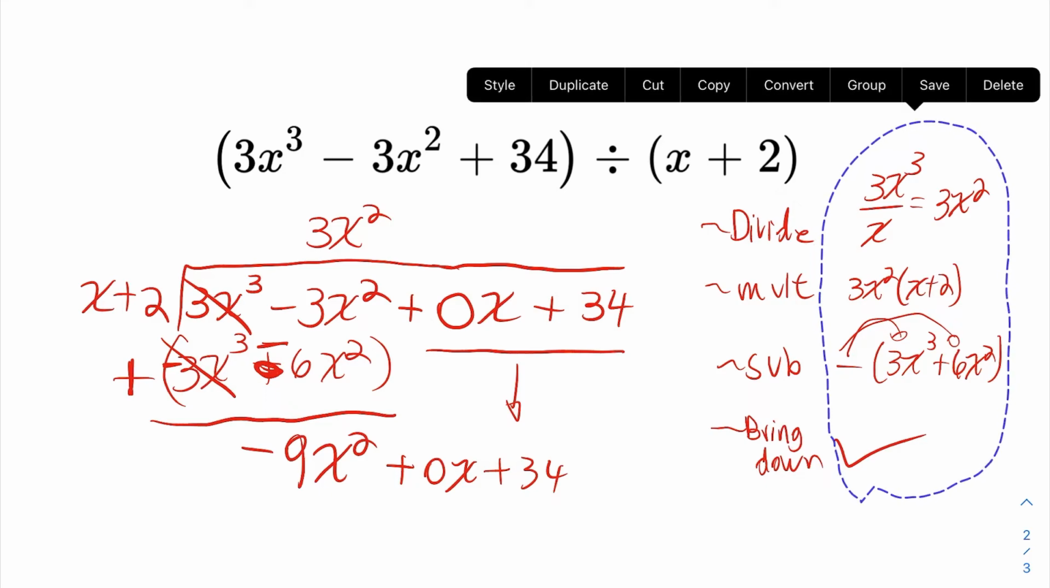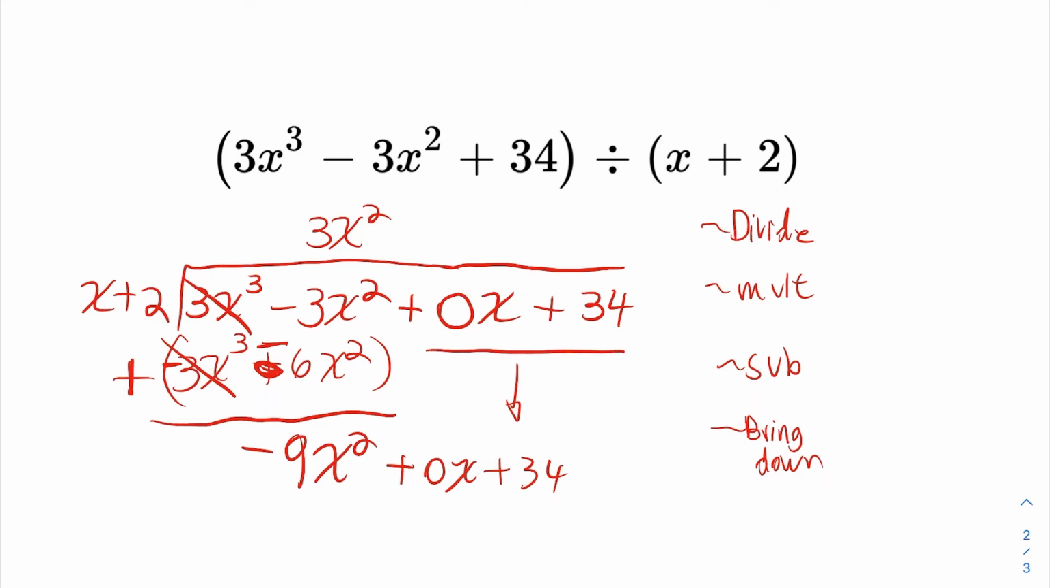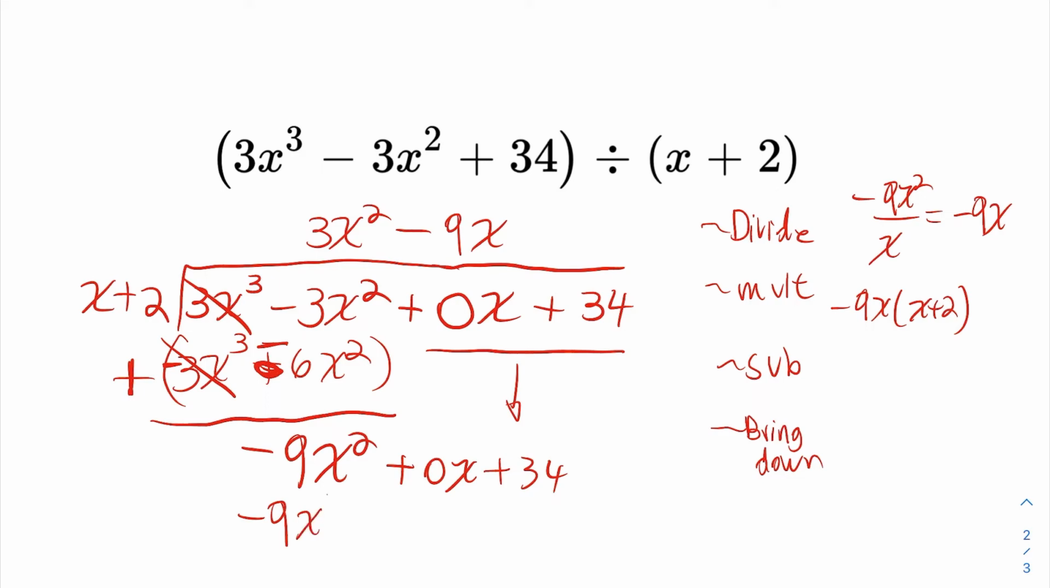So now I'm looking for the next term in the quotient. I'm doing the leading monomial divisions here. So the leading term here gets divided by the leading term here. That's negative 9x squared divided by x, which is negative 9x. That's the next term in the quotient, negative 9x. So then I multiply that negative 9x by the divisor x plus 2, and I get negative 9x squared minus